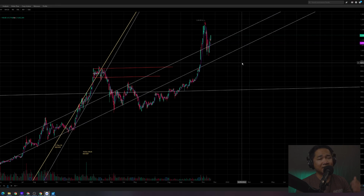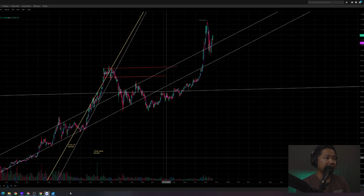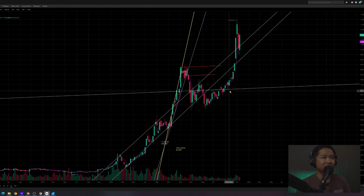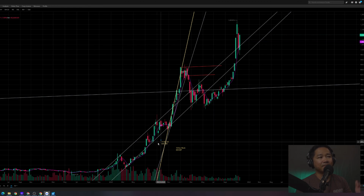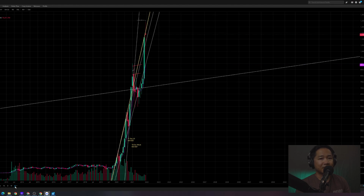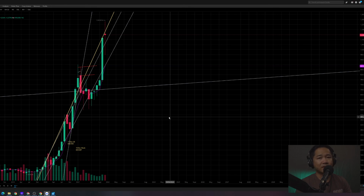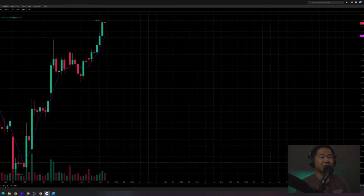But overall, Tesla has been a great stock. It's one of the largest stocks in my portfolio. Actually, the largest equity in my investment portfolio. Am I afraid? Yes, but as you can see, if you retract to the weekly graph here, the trend line, you can see Tesla just keeps going up. I'm a long-term investor. I'm bullish on Tesla in the many years to come. So I'm not looking to sell in the short term. I'm going to keep